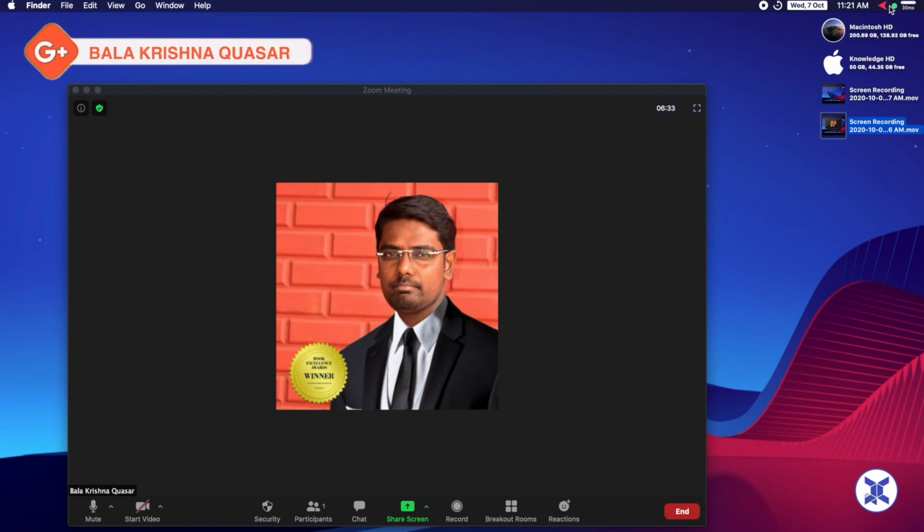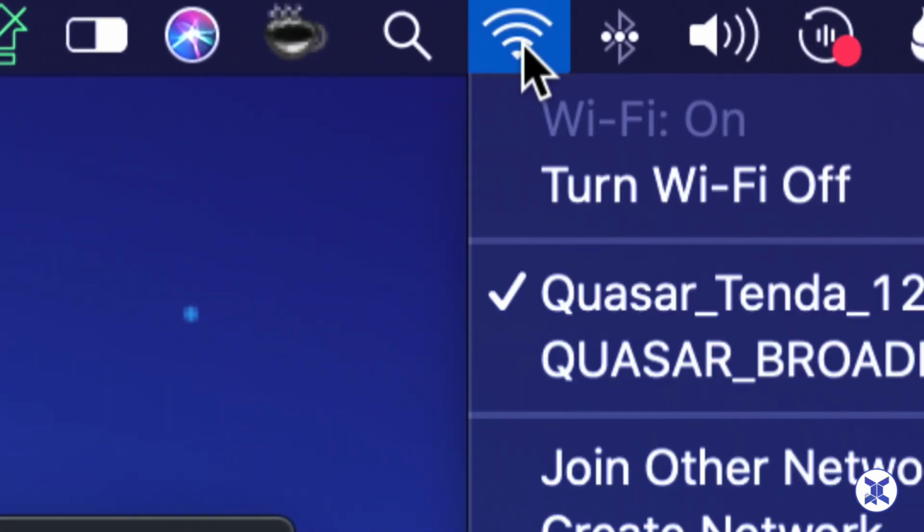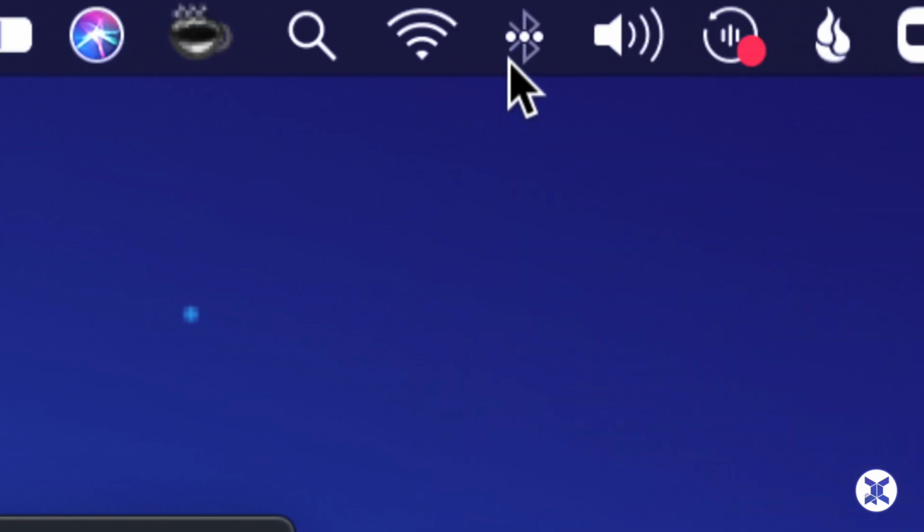Now, the distance between the router and the system will also define the connectivity between you and the host. For example, if you look at this particular icon at the top, you can see the network is completely shown. It means I am very near to the router.